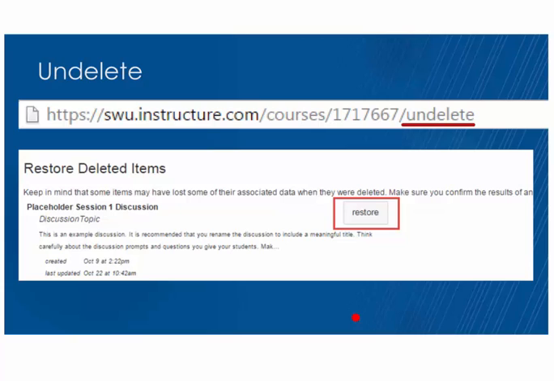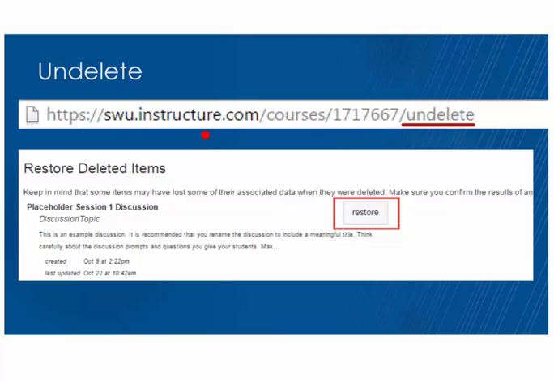And the last thing I'm going to mention is not really a shortcut, but a hidden feature of Canvas that might be very valuable at times. And that's there is a feature which allows you to restore anything that you've deleted in the course to a certain degree. The limitation is based on how long ago that was deleted.